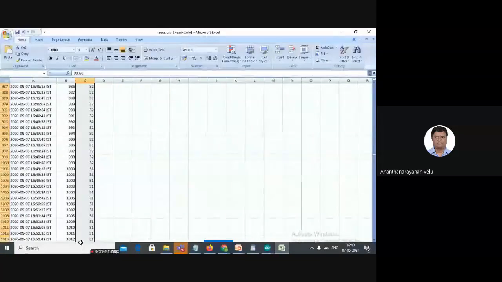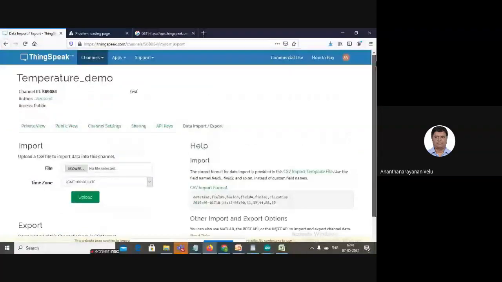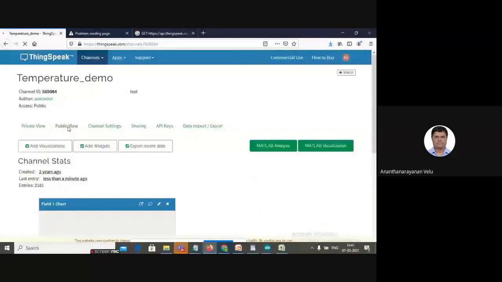Through the Excel formula, you can do analytics, or through the MATLAB facilities provided in the ThingSpeak, you can do that. So this is one of the best tools for the beginners through which you can do a lot of work related with the cloud. So with this, I will conclude the integration of end device with IoT cloud.